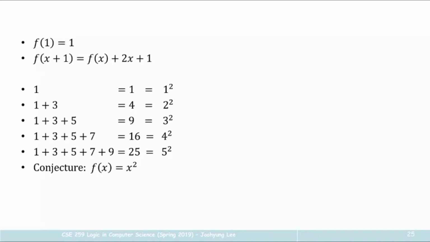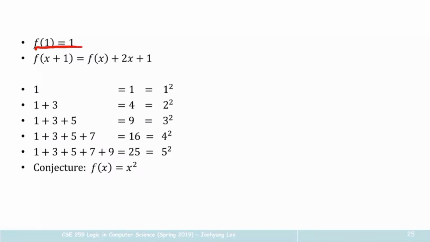Here you're given this recursive definition. So f of 1 equals 1, and f of x plus 1 is equal to f of x plus 2x plus 1. So if you compute these numbers,